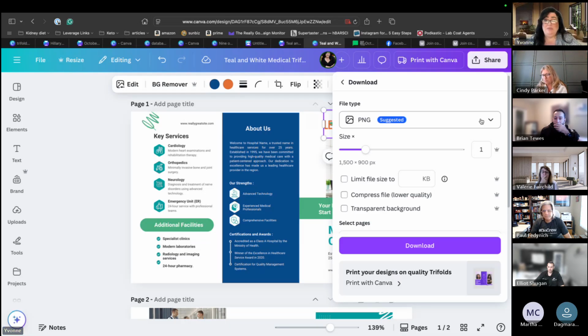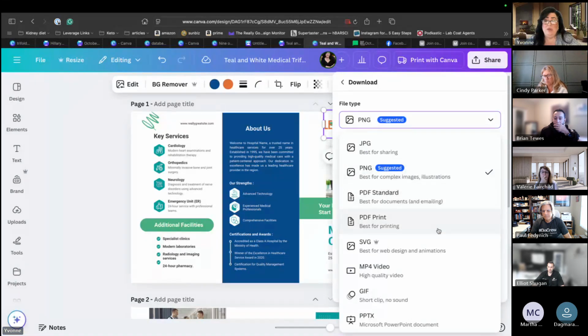For some strange reason, a lot of people don't know the difference between a PNG and a PDF. I love Canva because it tells you. A PNG is for complex images and illustrations. And in a PDF, there's two kinds: a standard and a PDF print. That's the one you want when you're going to send it to a printing company.